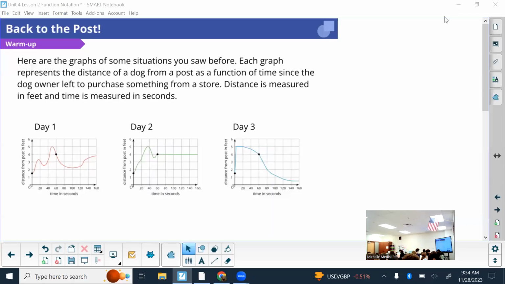Had this warm up to do. So I know yesterday we didn't really get to do the dog activity. We didn't really finish lesson 1, but that's okay because the goals of lesson 1 are something that you probably have